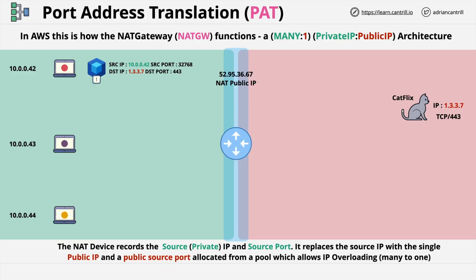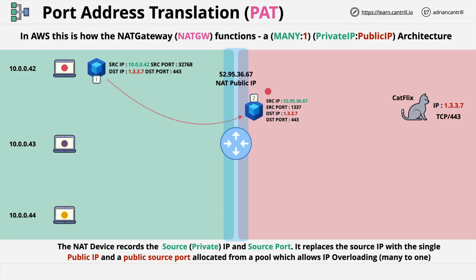So this packet is routed through the NAT device on its way to the internet, and in transit, the NAT device records the source IP and the original source private port, and it allocates a new public source port, which in this case is 1337. It records this information inside a NAT table, and it adjusts, or translates, the packet so that its source IP address is this single public address which the NAT device uses, and the source port is this newly allocated source port which is now recorded within the NAT device,